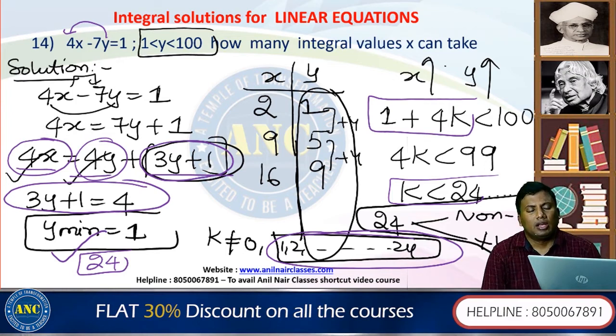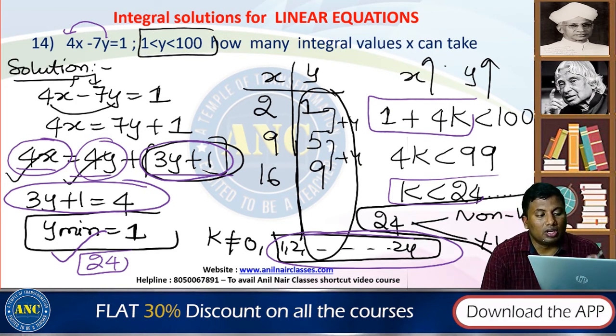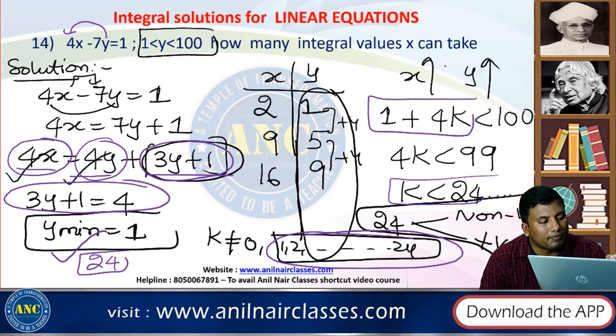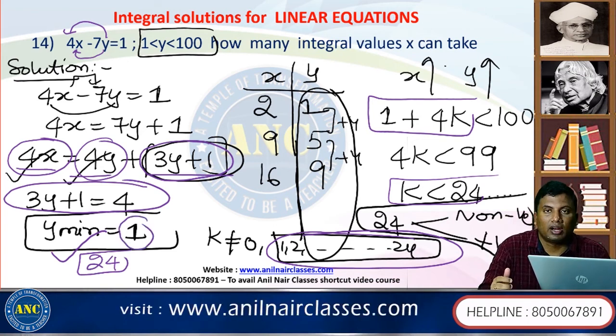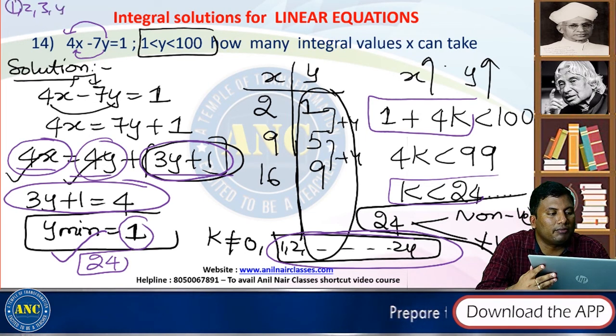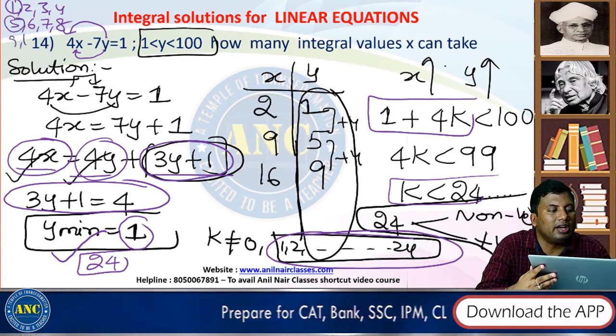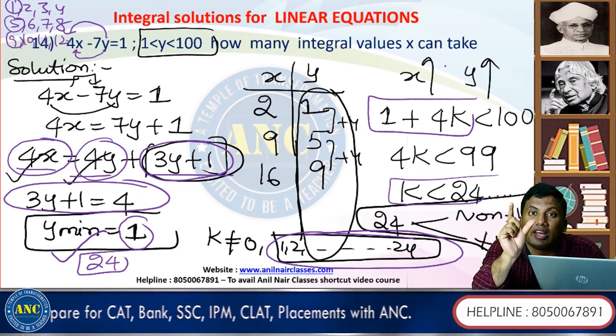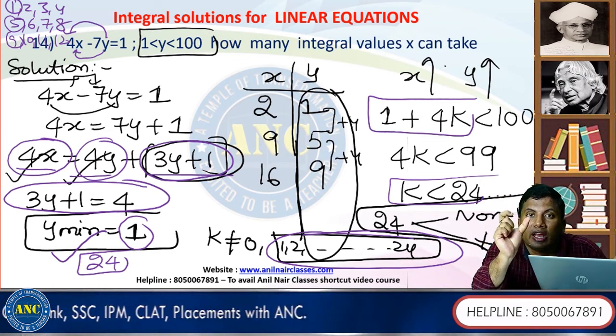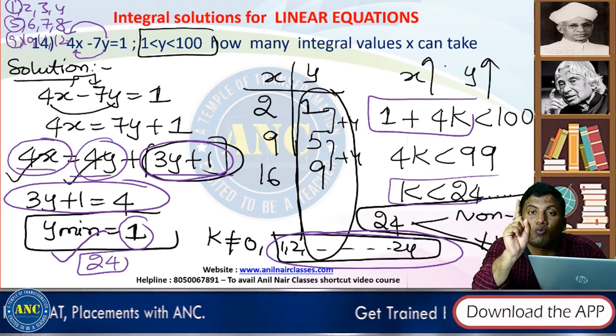Now just by logical understanding of the question, you can eliminate few answer options. Now see here. Y is increased by 4. What is the lowest value which I got? 1. That means for every 1, 2, 3, 4 there is a value. 5, 6, 7, 8 there is a value. 9, 10, 11, 12 there is a value. In a group of 4 there exists one value.